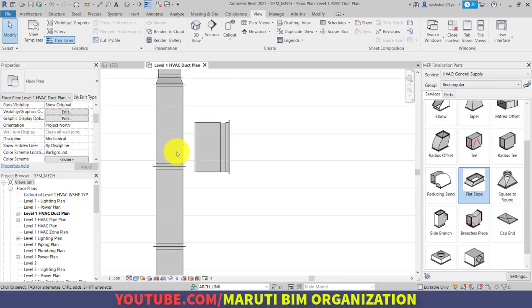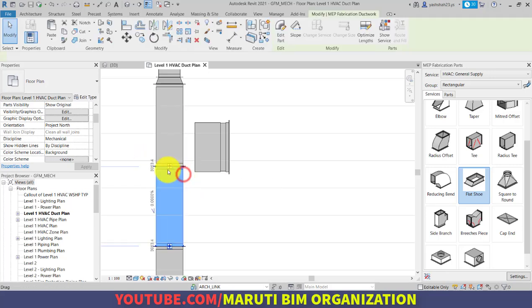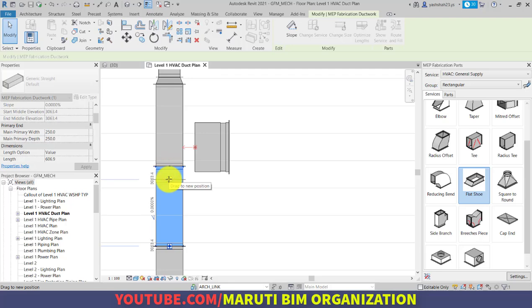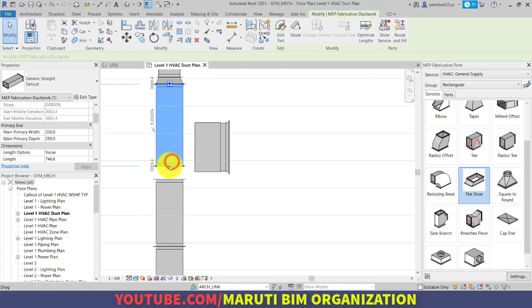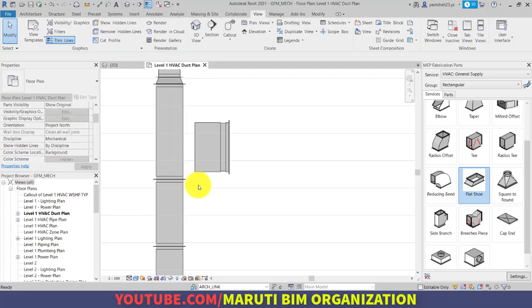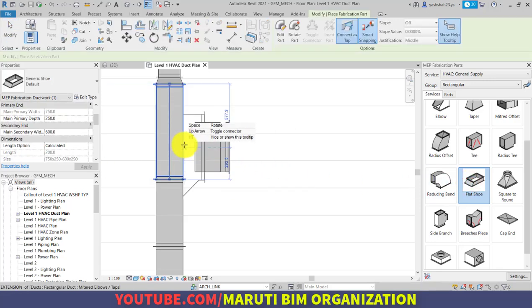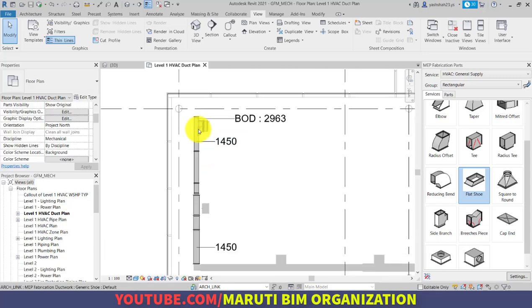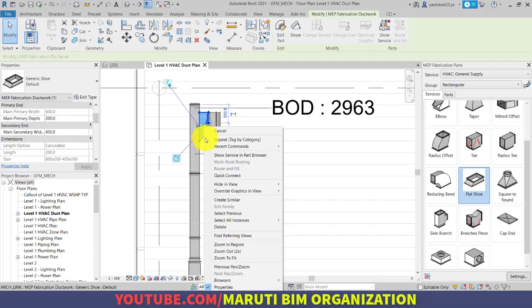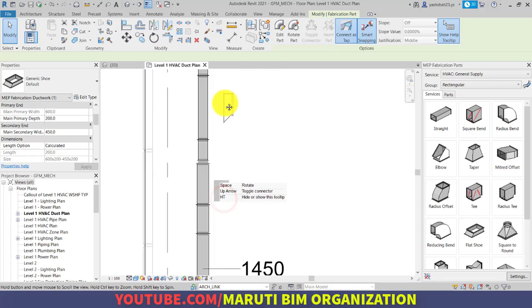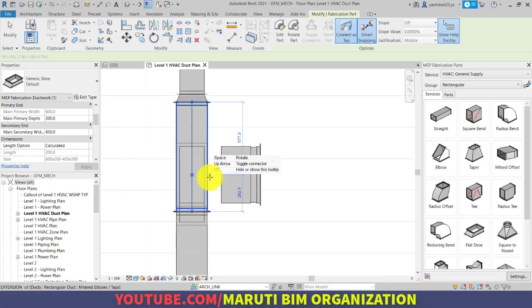Similarly, I want to repeat this procedure here as well, but here my length will be a little bit different. So I will select this duct and change its length like this. Again place the shoe connection, or I can use this connection, right click, create similar, so that it will have the same properties as what I have done here.